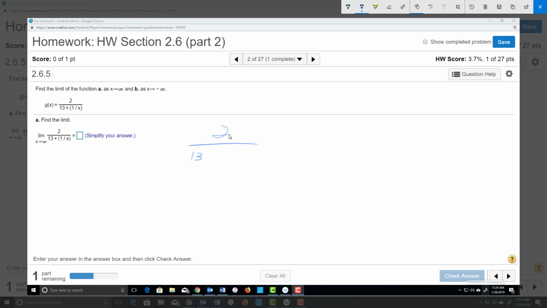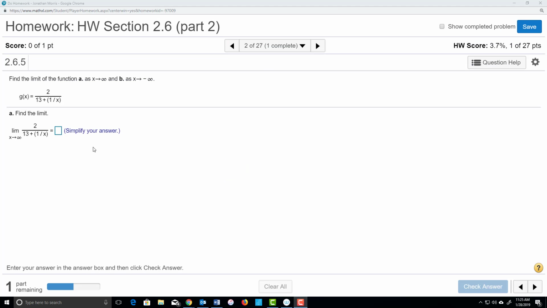Well, right here, as x approaches infinity, for 1 over x, it would go to 0 again, because it's sort of like the horizontal asymptote. So just know that anytime you have 1 over x and your x is approaching infinity, that goes to 0. Okay. So right here, our answer should just be 2 over 13,